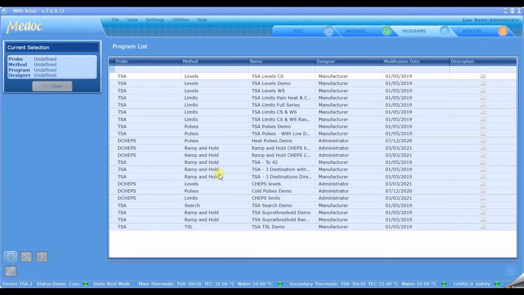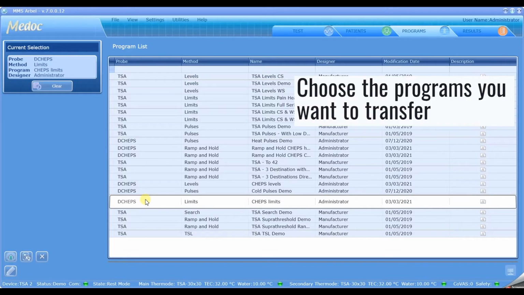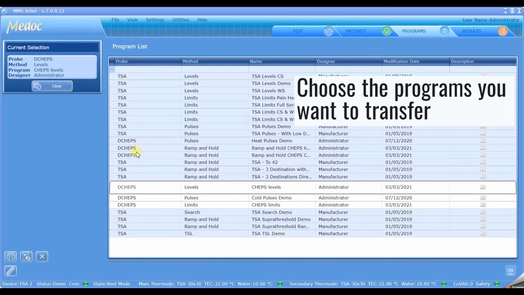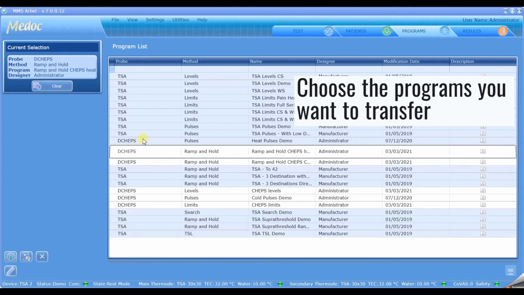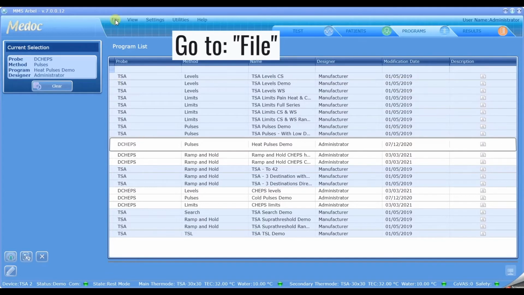Let's say that I want to save all the programs that were made for the Chepster mode. So these are marked with the Cheps. In order to choose them, I'm clicking on one of them, and in order to choose several of them, I'm clicking on Control and holding it down, and then clicking on the other ones that I want to transfer. I'm going to File right now,